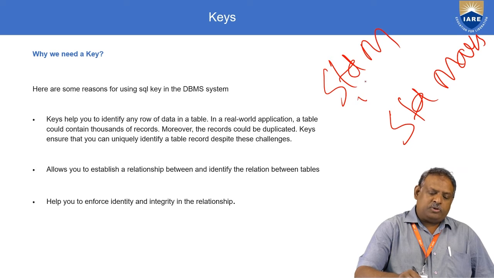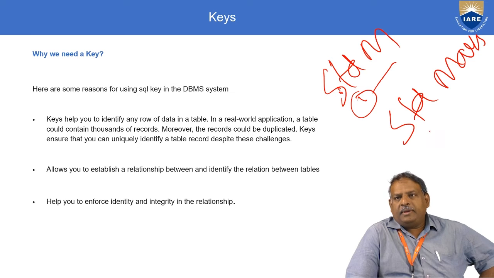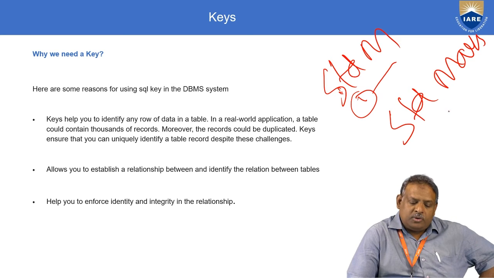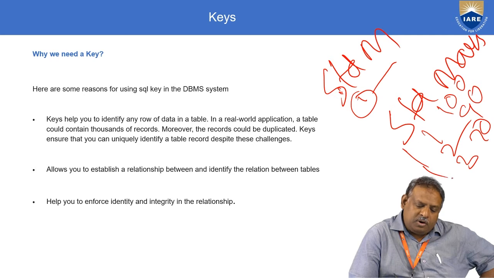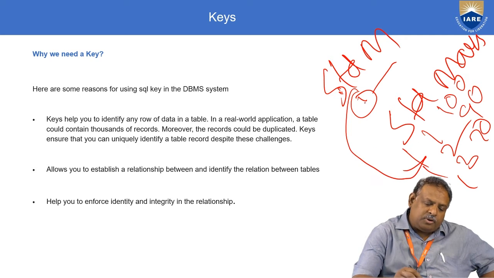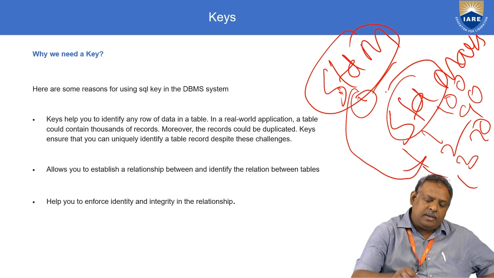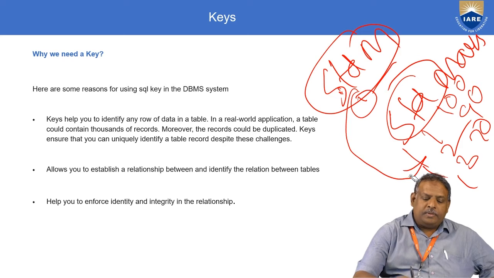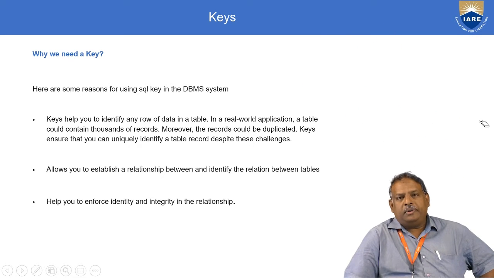There would be one student master record for each student, but this student can write many exams, so he has many scores here. As an example, subject 1 he has scored 100 marks, subject 2 he has scored 90 marks, subject 3 70 and so on for student 1. Now these two tables can be joined by the common key, which is student ID. This key helps you to join two tables.